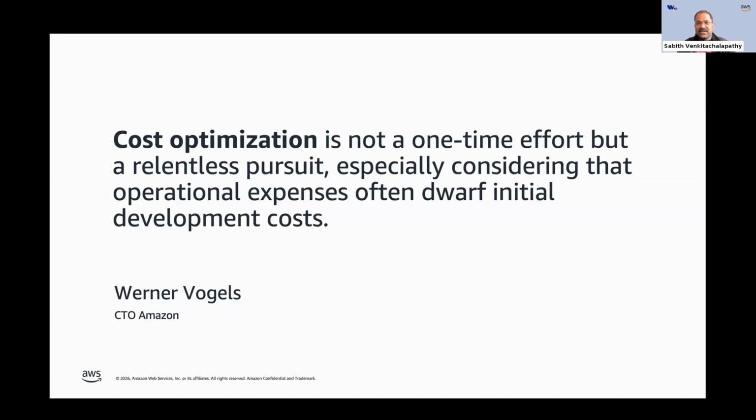I generally start with a quote from a famous person that you all could relate to. Werner Vogels is known to everyone, and he's the CTO of Amazon. But he has continuously reiterated the point that cost optimization is never a one-time effort. It's always a continuous effort. It's always about identifying where the wastages are and then helping automate the fixes for it so that it'll be iterative in nature. So it should never be considered a one-time effort, and you'll always have to look at it as a relentless pursuit, so that you would continuously optimize and then channel all of the savings into more business productive activities.